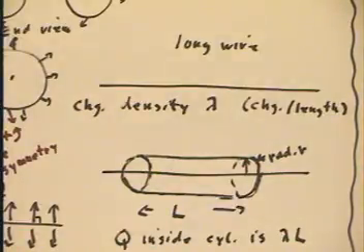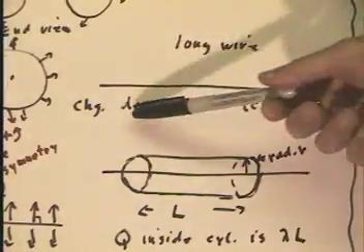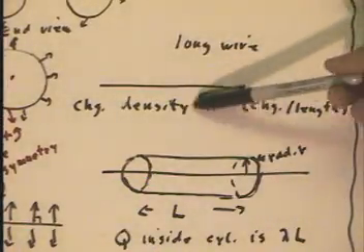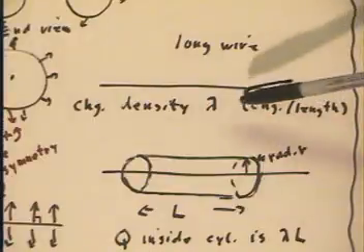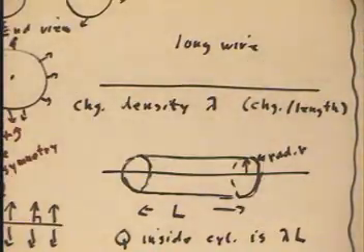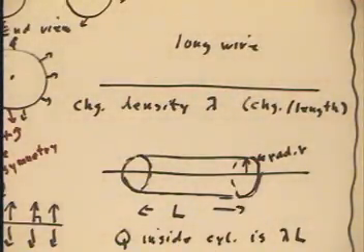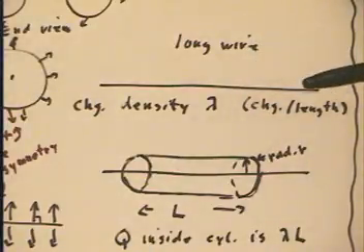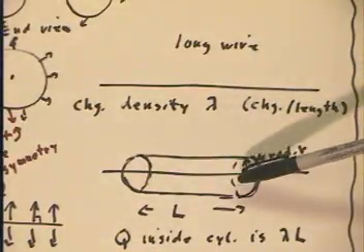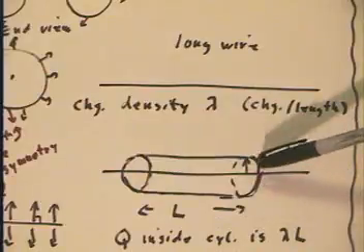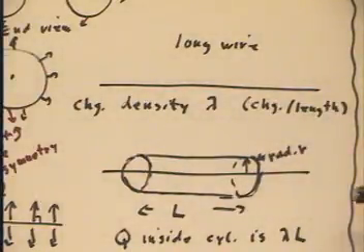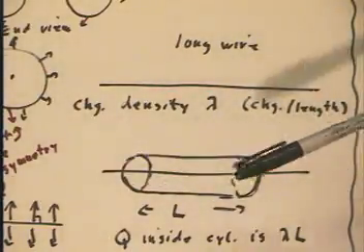If we have a long wire with a uniform charge density that we're going to call lambda, that's the charge per unit length in coulombs per centimeter, coulombs per meter, microcoulombs per kilometer, whatever. If we have a long charged wire with charge density lambda, then symmetry arguments will show us that the flux through any cylinder of length L and radius R, whose axis coincides with the wire,